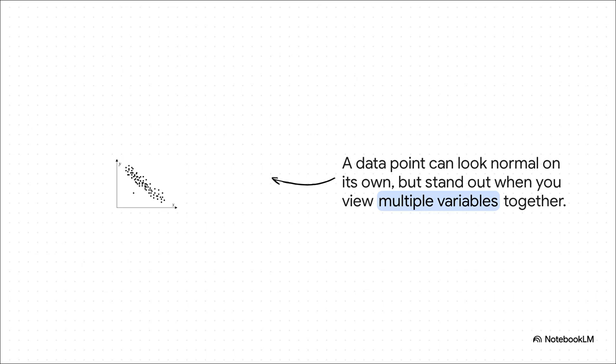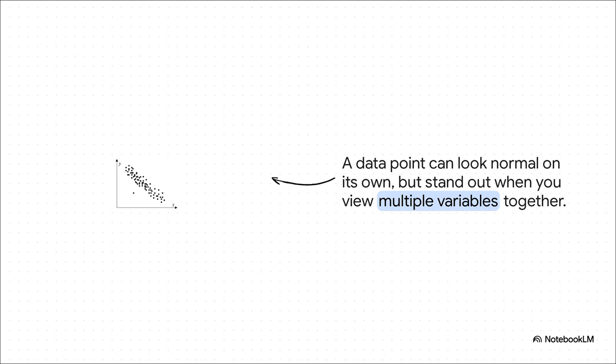And an outlier isn't always obvious just by looking at one thing. This is what's so interesting about this slide. It shows what's called a multivariable outlier. This is a data point that might look totally normal when you look at one variable at a time, but when you start looking at the relationship between variables, it really stands out. So, for example, a person's height might be pretty average and their weight might be pretty average. But if they're, say, 5 feet tall and weigh 300 pounds, well, that combination of height and weight is a